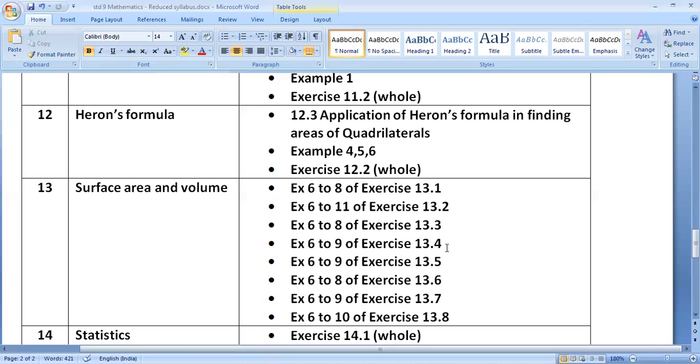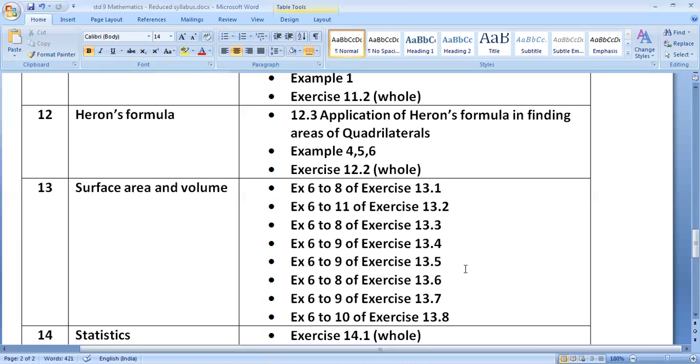226, 13.6, volume of a cuboid. Volume of cuboid is equal to base area into height, that is length into breadth into height. Volume of the cube is equal to a into a into a, that we know, a cube. Page 227, example 11 is included. 228, example 12 is included. Exercise 13.5, page number 228, questions 1, 2, 3, 4, 5 are included. While in 13.5, sums 6 to 9 are excluded from the syllabus. So you have to prepare 1 to 5 questions from exercise 13.5 also.